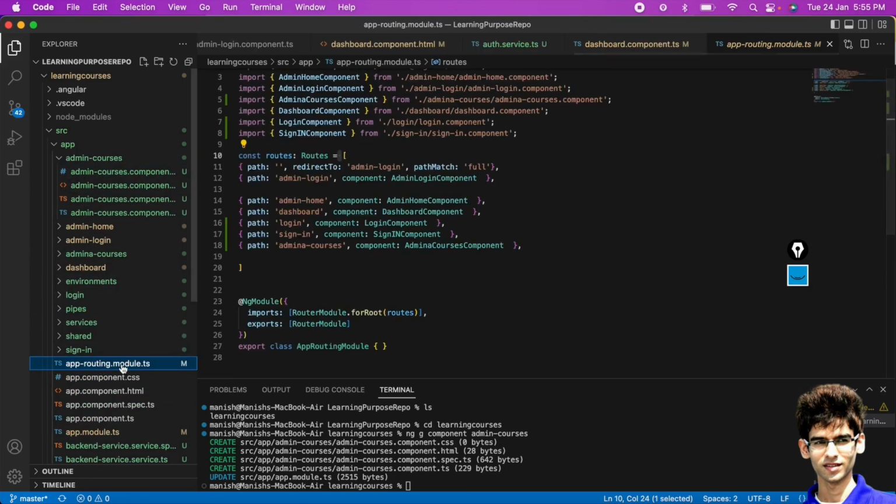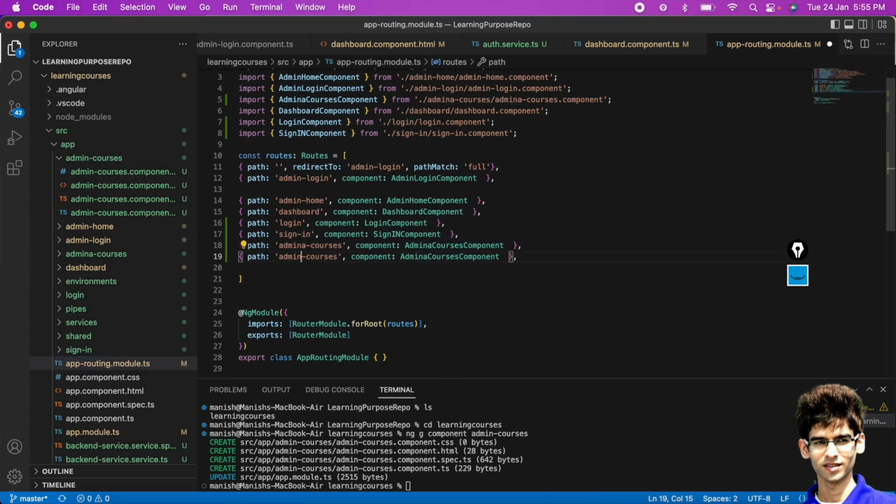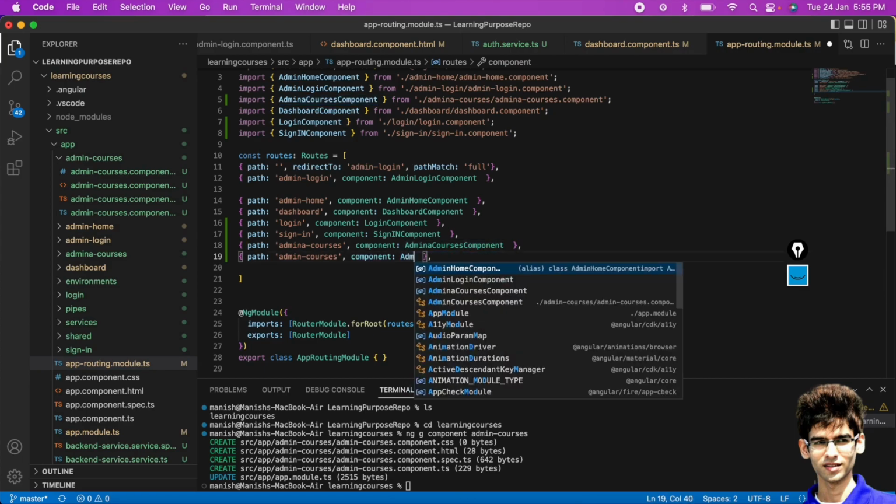First of all, let's add that into the routing module so that our app should also know what this indicates. Admin